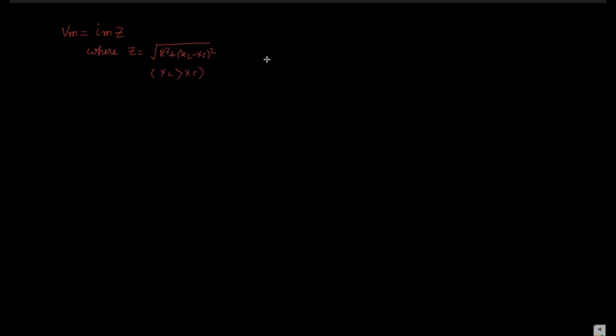Or in the other form, we can say that Z becomes root over R square plus XC minus XL square when XC is greater than XL. These two conditions we can satisfy, or we can draw these two types of phasor diagram as well as the two types of impedance triangle. So if we consider the impedance triangle,